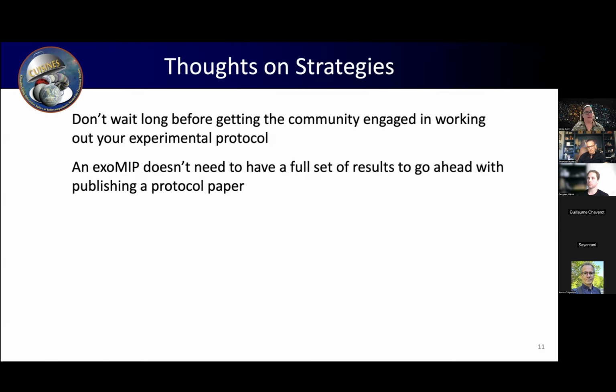I will also add that reviewer number 2 had complained and said, well, why isn't this just on a web page somewhere? You don't want it just on a web page somewhere. You want it formalized so that as the protocol evolves through time, as you have new iterations, we're already talking about TIE 2, for example, you will want to have documented what was originally intended to be done with the MIP. And the best way to do that is in a published paper, not on a website that has no permanence, honestly.